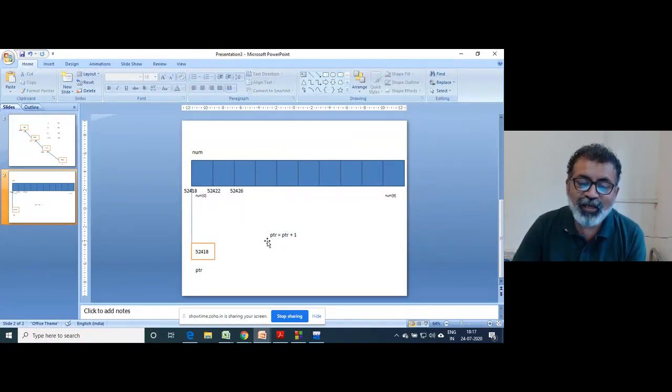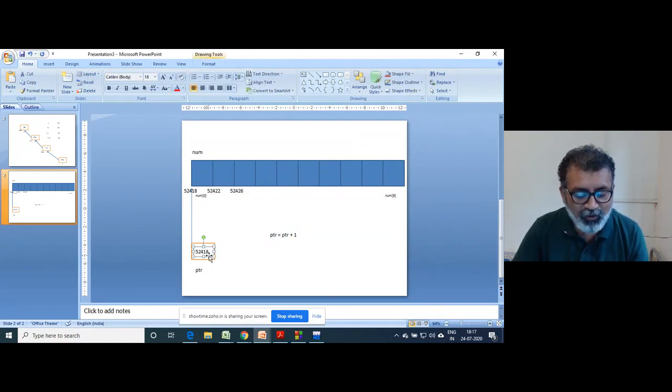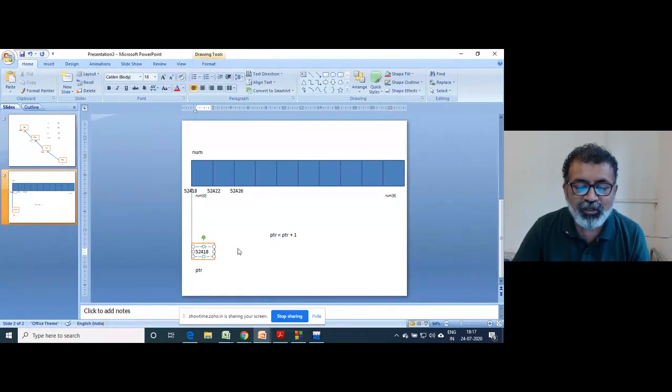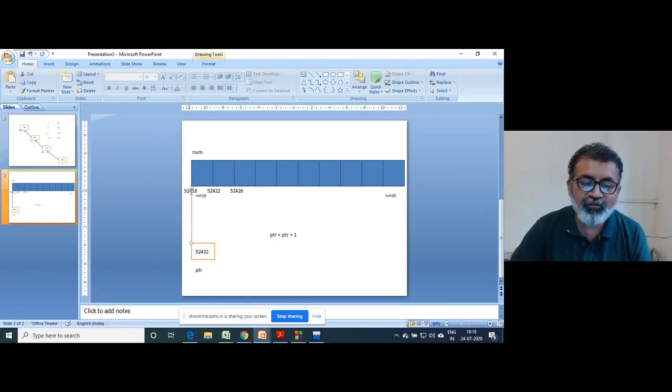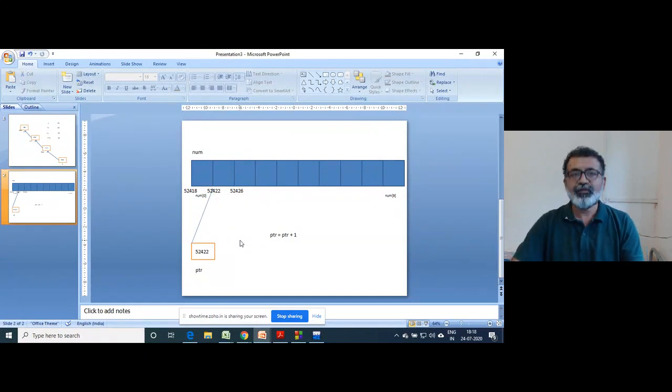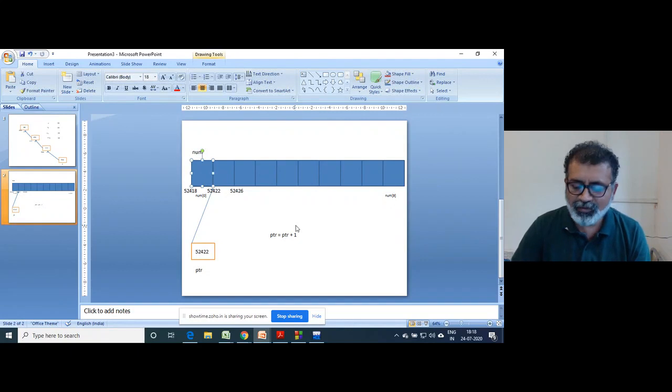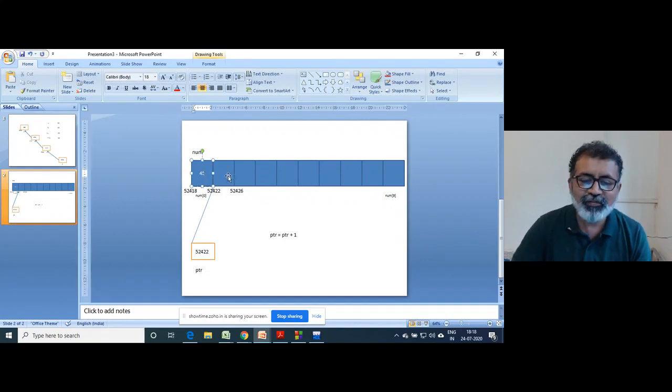So the final value will be removed, and it will store 22. And since it is 22, the pointer will point here, and here suppose some 45 is there, and here suppose 88 is there.